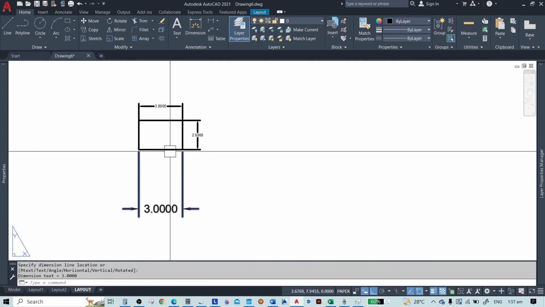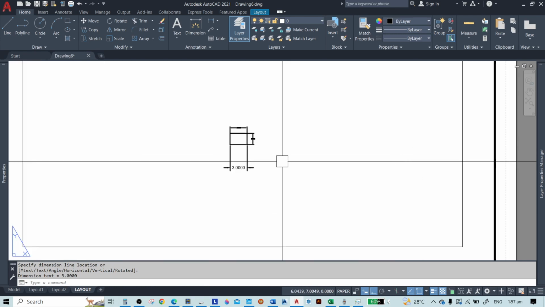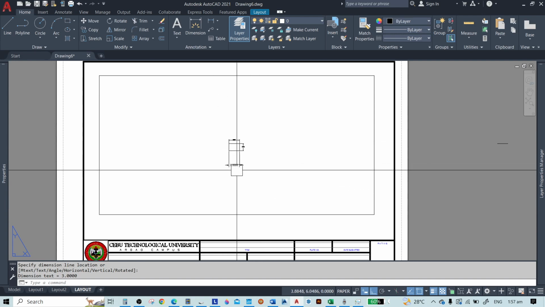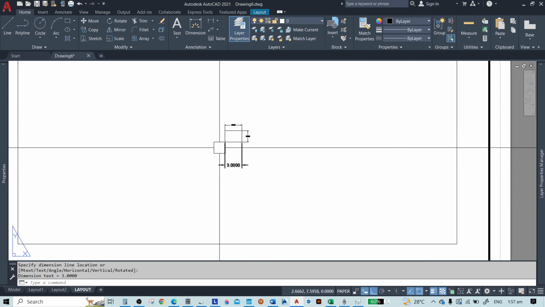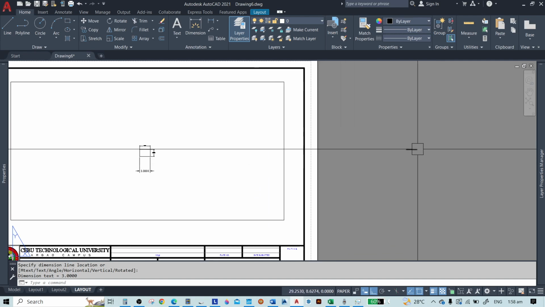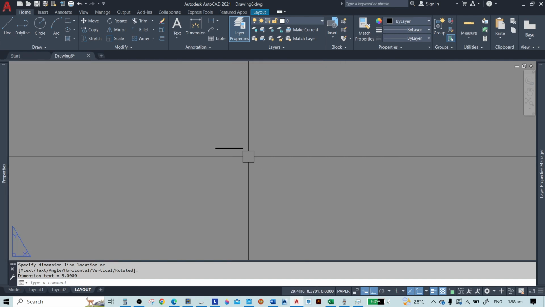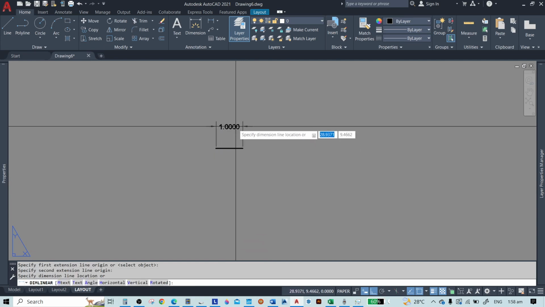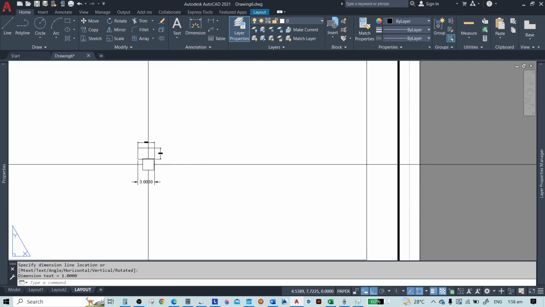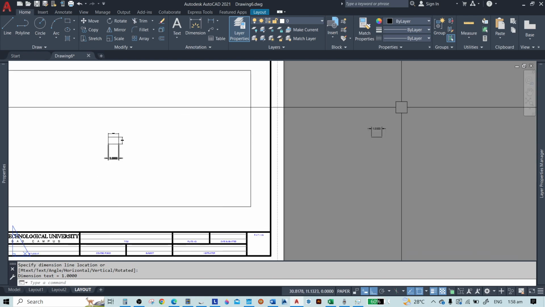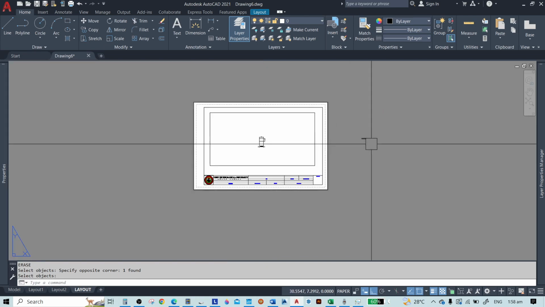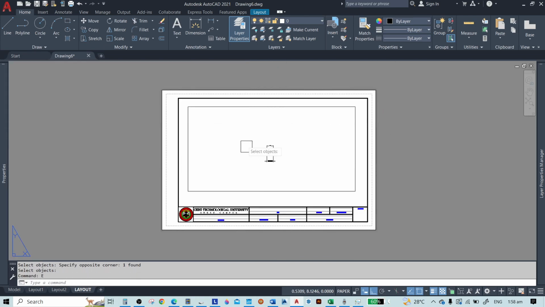As you can see, it will still become 3 even though it is in 1:2 scale, because we did it on the viewport. Now if we do it outside the viewport, that becomes 1. Now 1:3, this is 3, therefore this is correct. 1 centimeter, right? So what we did is correct.